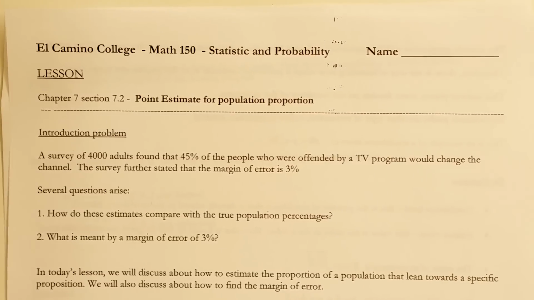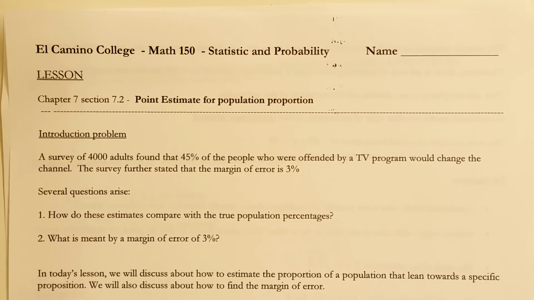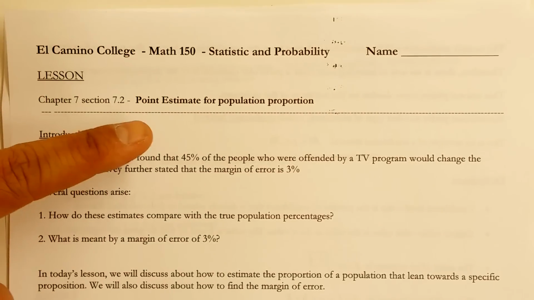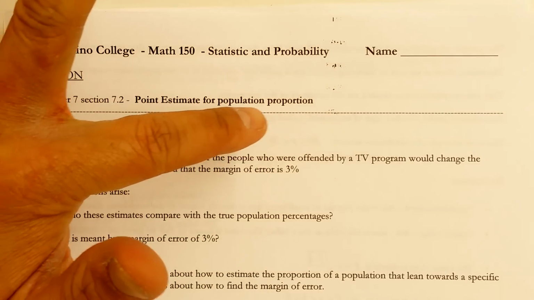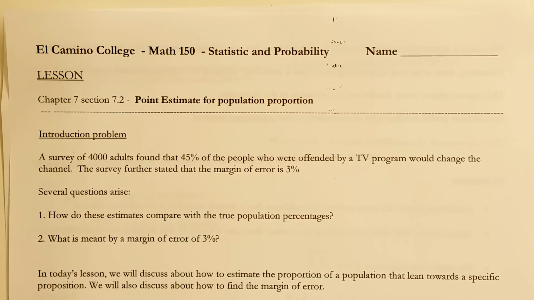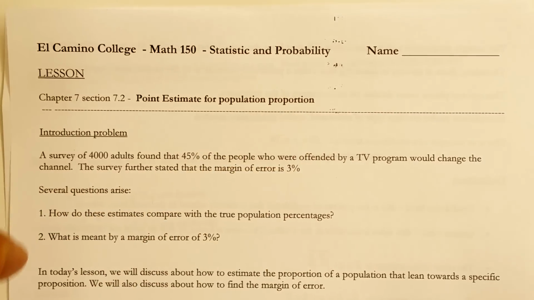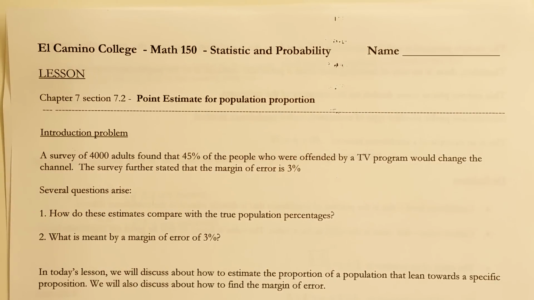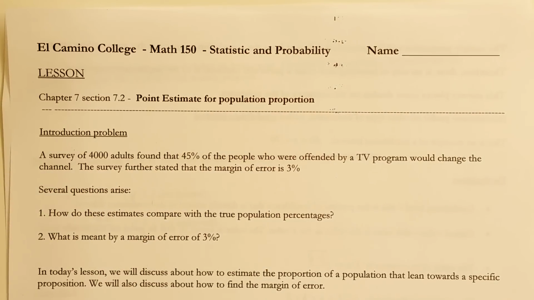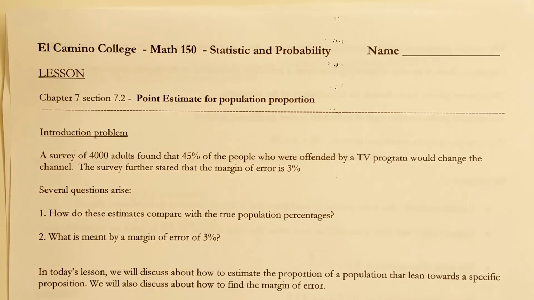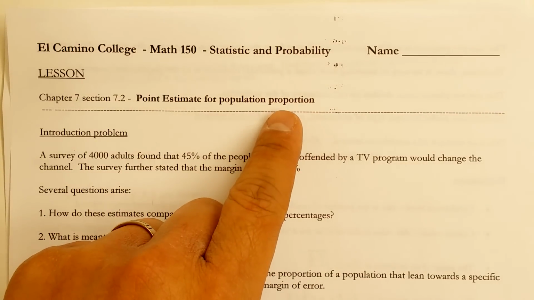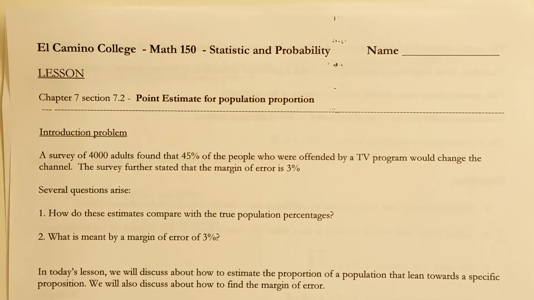In chapter 7, section 2, our goal for today is to estimate a population proportion. Well, what does that mean? It means to estimate a population percent, the percent of the population that may lean toward a certain side, maybe the percent of the population that votes Democrat, the percent of the population that watches basketball, and so on and